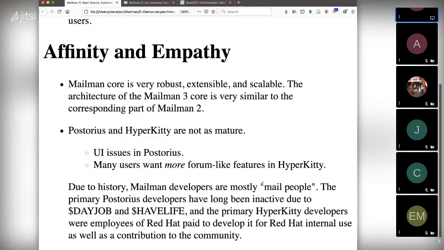So, for example, in Affinity, you have one level of fallback. You have a user who can subscribe to multiple lists, and then you have the subscription. In Postorius, there's about 5 different levels.